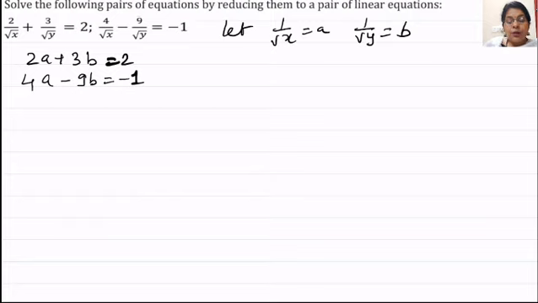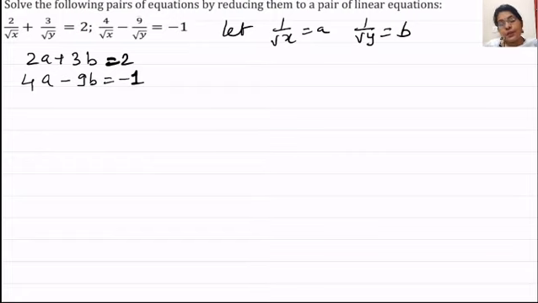We have just seen that this is actually not a linear equation. First we have to see whether it is a linear equation or not. At first sight, if we see that it is not a linear equation, we will simply see whether the same form of variable occurs in both the equations. Then we will simply assume it in any other letters, either a b or p q or u v, anything. It is up to our choice.